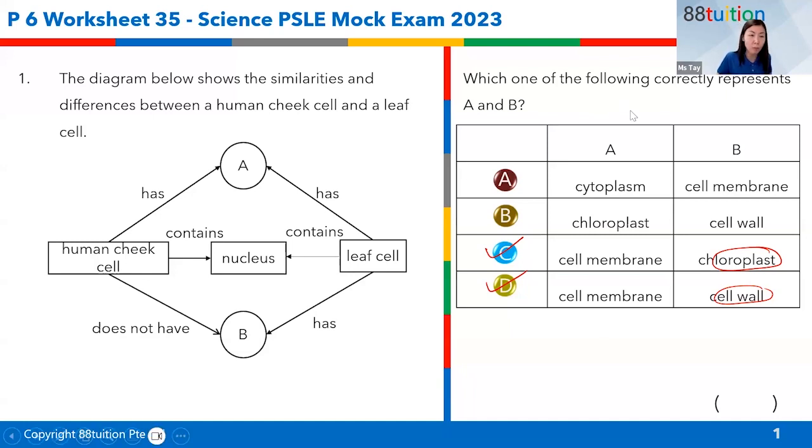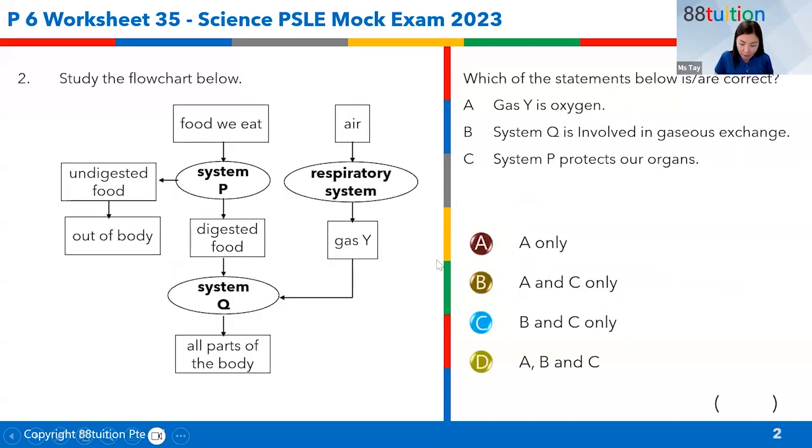Now, this is a case where there are two acceptable answers. You actually saw it in the school exam as well, right? How many of you have seen such cases where you have two acceptable answers eventually? It doesn't happen every time, but maybe throughout your 6 years in school, you have seen it before. No, Brian, you didn't? Many of us experienced that. Okay, some of you say no. Wow, very good. Now there are cases that happened before, and this is one of them, but in PSLE, this will never happen. So take note, don't worry. This is also okay. Everybody got this right.